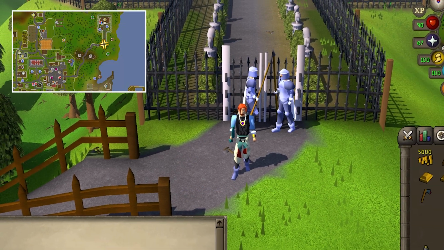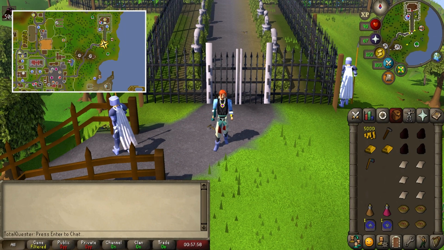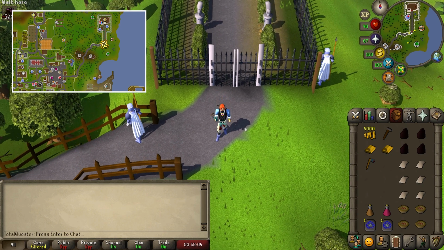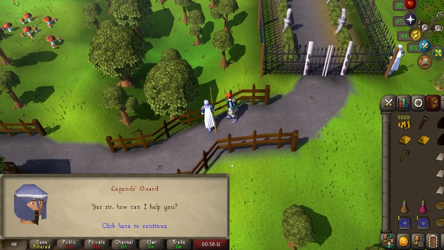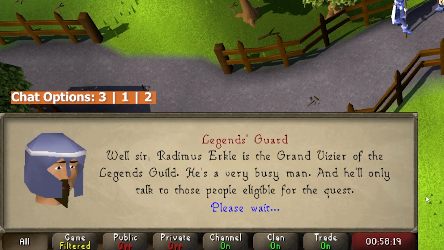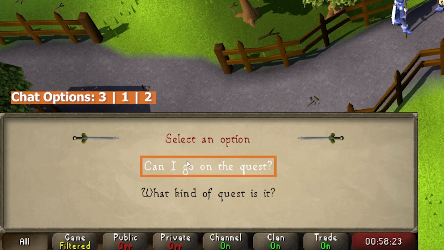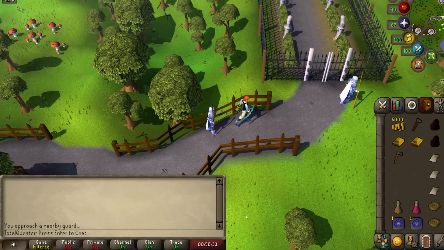Now we'll be starting this quest just outside of the Legends Guild, located northeast of Ardougne, which is easily reached by teleporting to Ardougne and running northeast, or by using a charged combat bracelet and running southeast. Once here, talk to one of the Legends guards and firstly ask, "Can I speak to someone in charge?" Then follow up with, "Can I go on the quest?" And finally say, "Yes, I'd like to talk to Grand Vizier Urkel,"